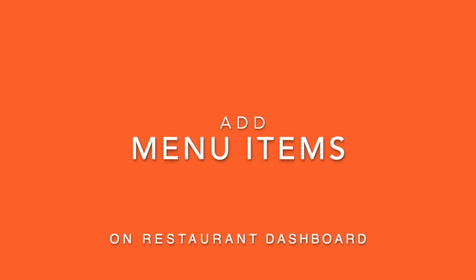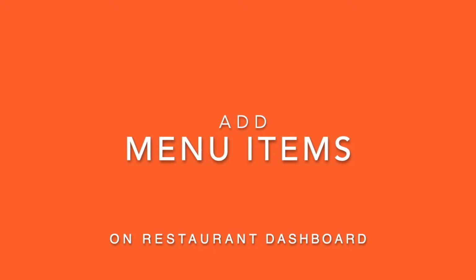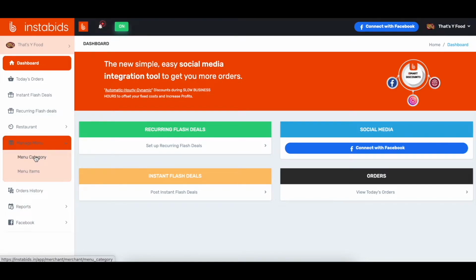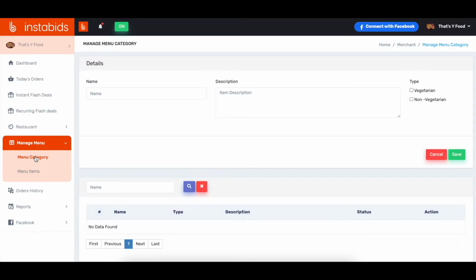So let's talk about how to add restaurant menu items on Instabids dashboard. On the left side, you click on manage menu and click on category. First, you need to create the categories of items before creating the actual menu items. So for example, we'll create appetizers, and the description is appetizers to start with. You can give whatever description you want, and then you have to select whether this is a vegetarian or non-vegetarian. Now click on save,